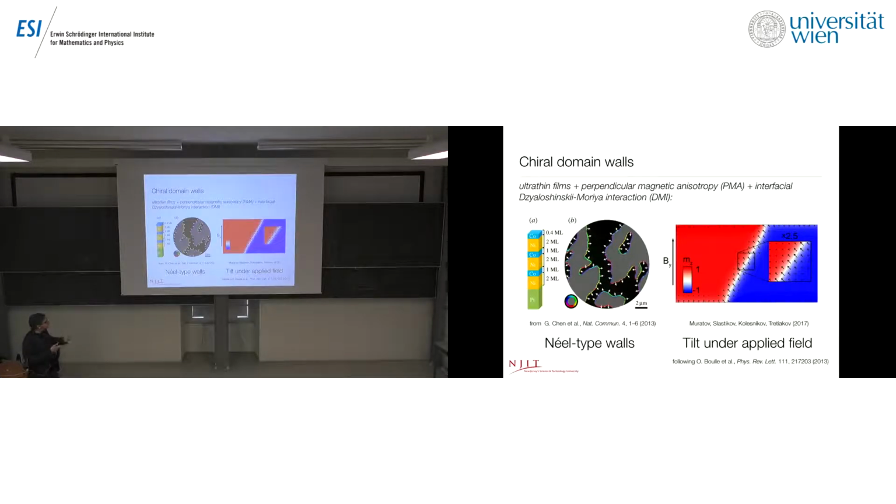So in these materials, the DMI appears to win over, and these novel types of walls appear which have a sense of chirality. For example, an up domain here will always be connected to the down domain with the magnetization pointing on average in the direction of the outward normal to the up domain. Okay, so this is a novel type of domain wall, and these walls also have been shown to have surprising